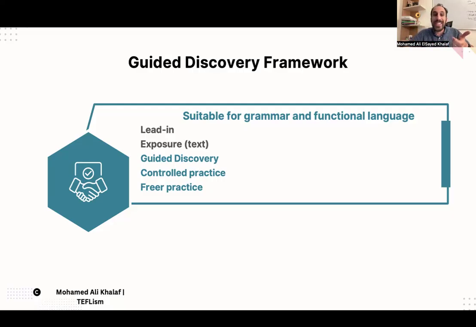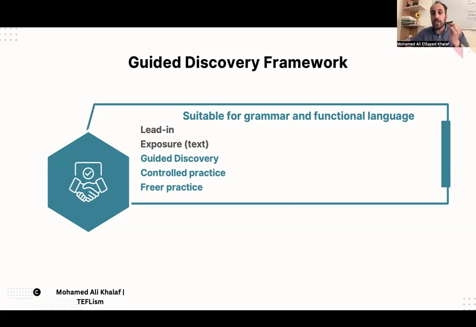It's a more student-centered framework, or it's a student-centered technique. Okay, so guided discovery is a variation of text-based, but the only difference is how we clarify the language. In the text-based presentation, it's teacher-fronted. The teacher clarifies, elicits, and concept checks, models and drills and writes.